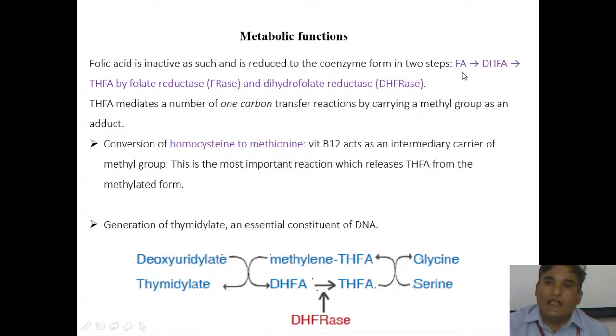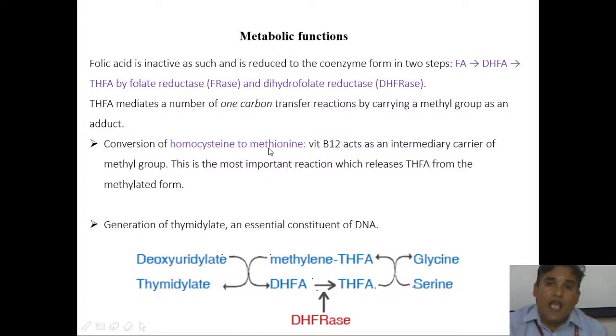Folic acid gets converted to dihydrofolic acid by folate reductase, and this dihydrofolic acid is further converted into tetrahydrofolic acid by dihydrofolate reductase. This tetrahydrofolic acid is the active form. It mediates a number of one-carbon transfer reactions, carrying the methyl group as an adduct. One is the conversion of homocysteine to methionine, because when one methyl group is added to homocysteine, it is converted into